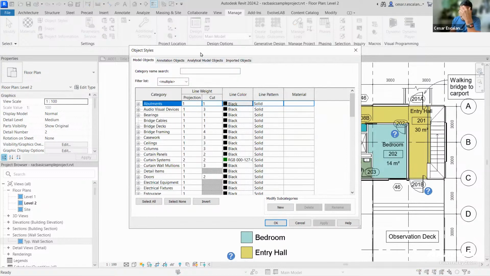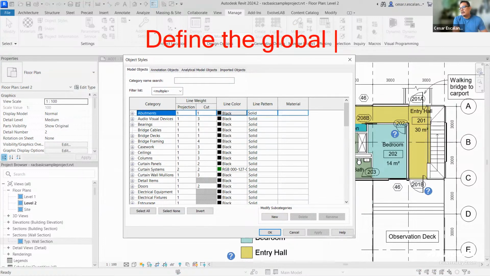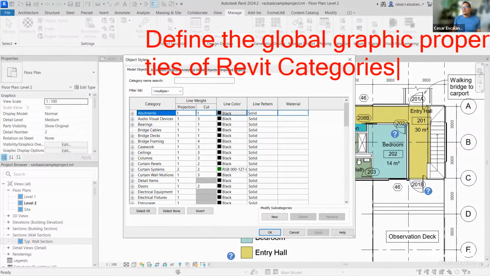Object styles define the global graphic properties of Revit categories. So this is the default line weight projection and line weight cut of everything you see in Revit across all the